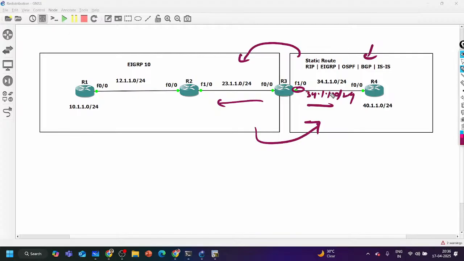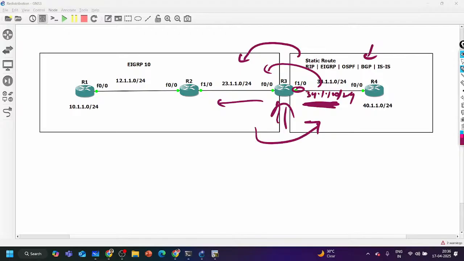So what we can do is redistribute the connected network. This is the connected network over here, and I want to advertise it in the EIGRP domain, so I can redistribute it in EIGRP. But while redistributing, it will ask me for whatever components or parameters are required to calculate the metric for EIGRP.